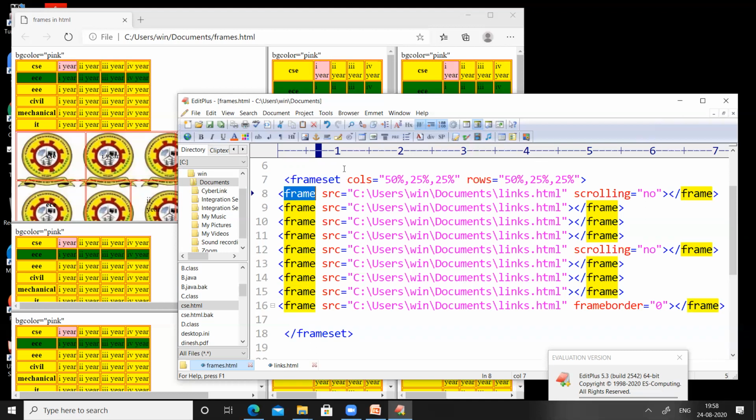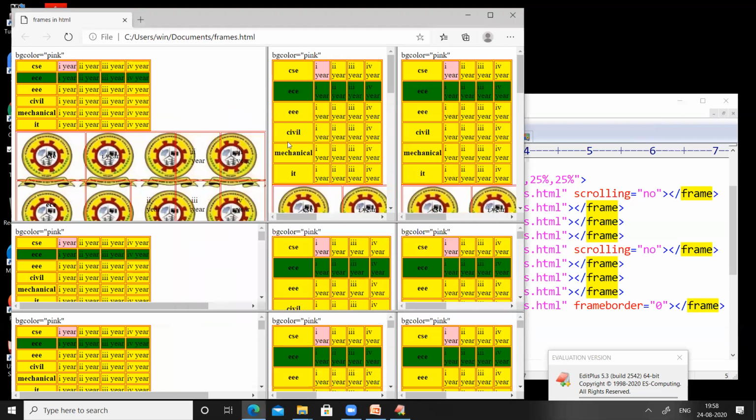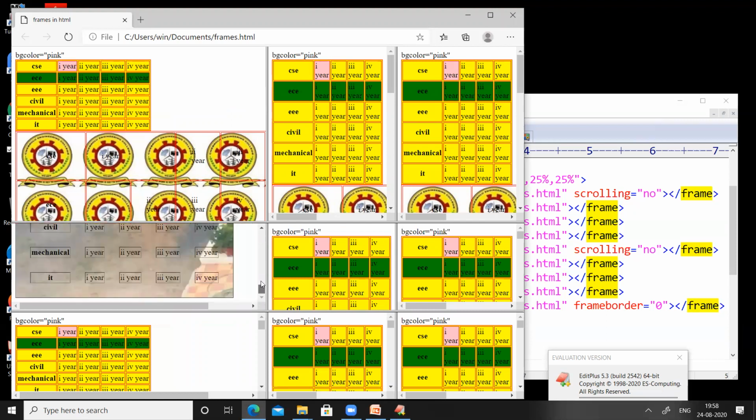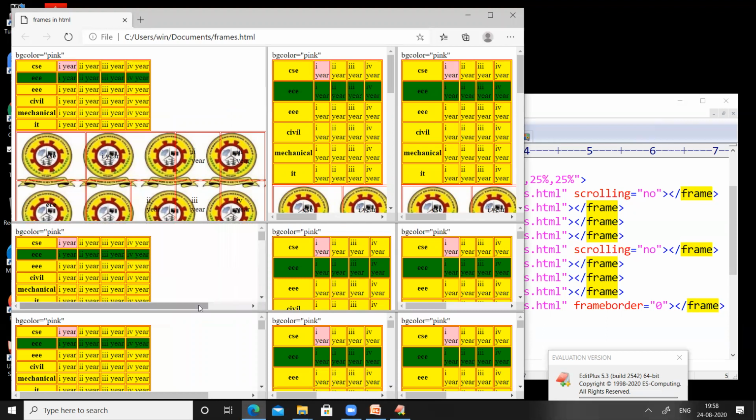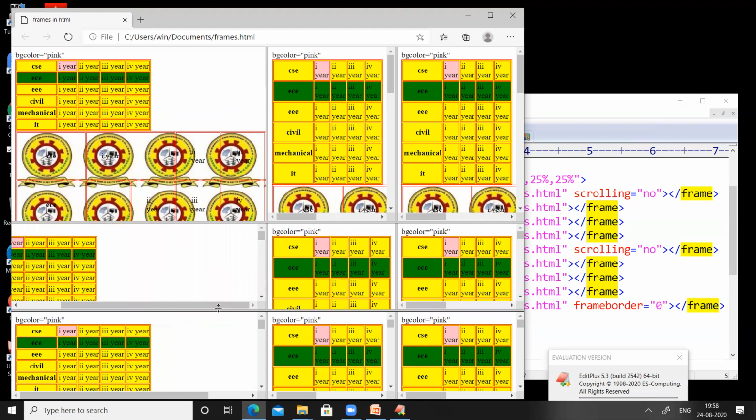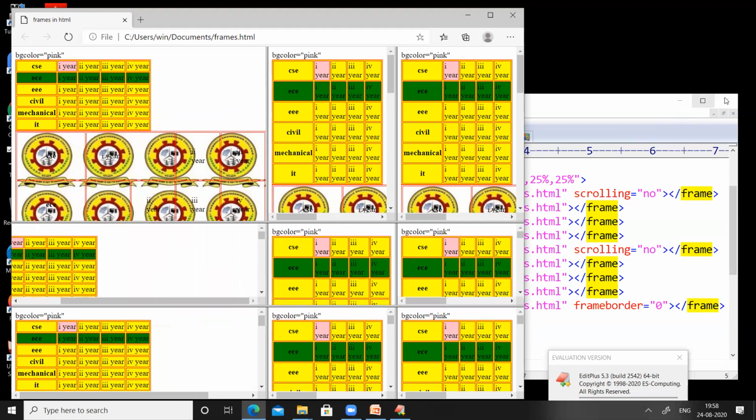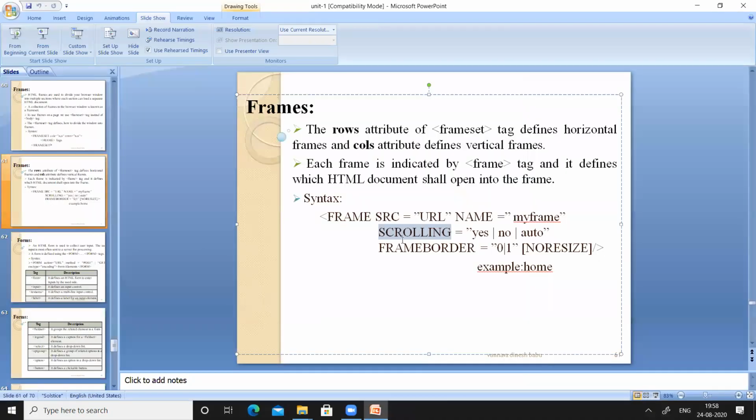Right? These are all the things we discussed in the previous class. This is the previous class output, and that output is displayed 9 times by using frames in HTML. Right? So with this, I'm going to close today's session.